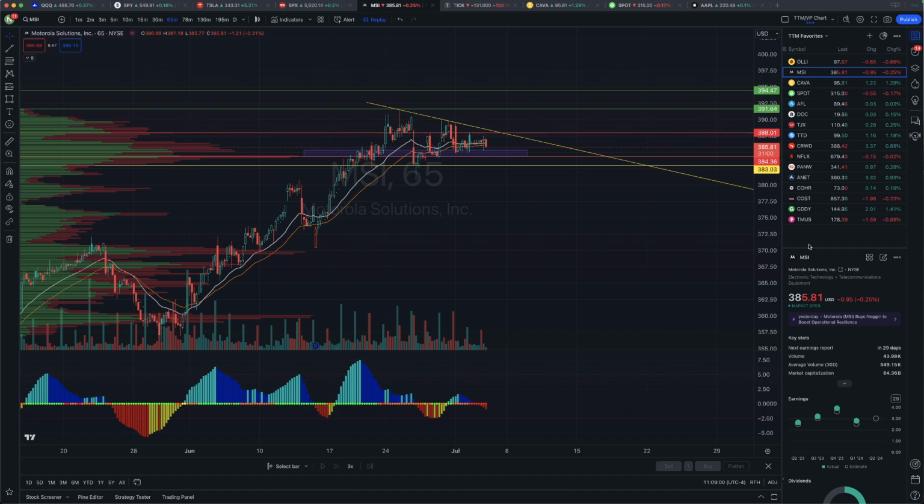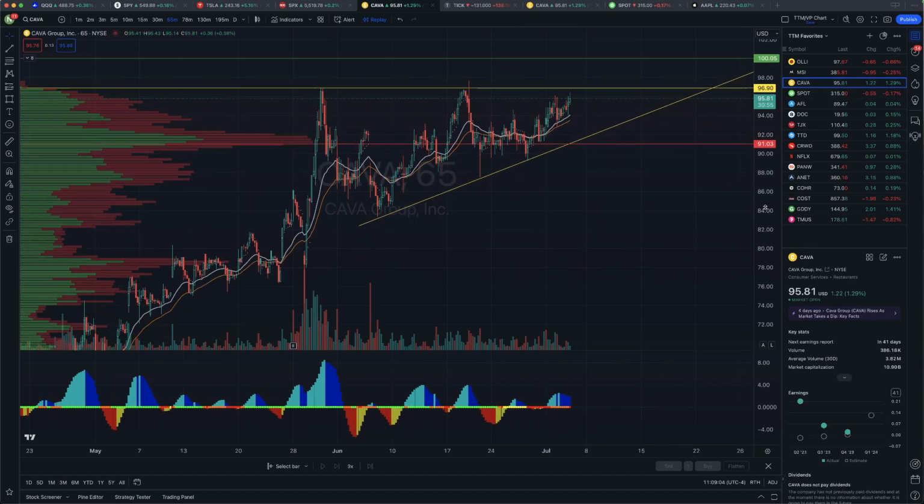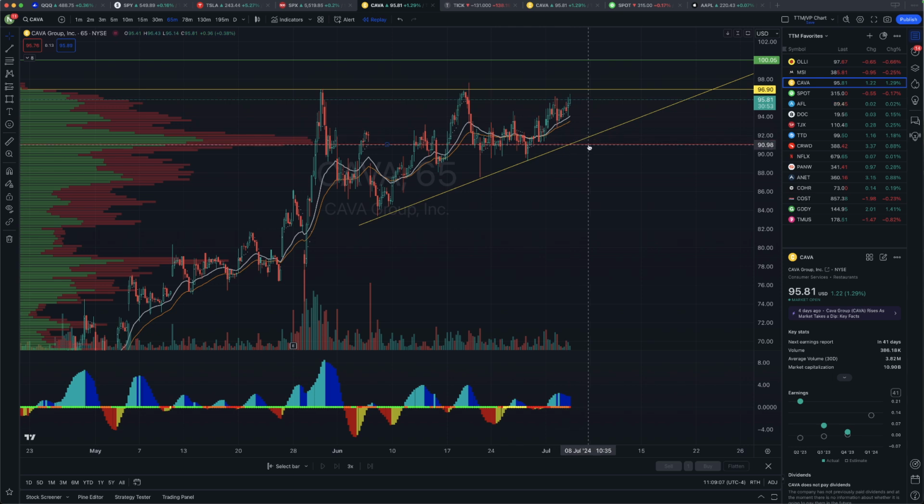So next one we all know is CAVA. We have a plan here on CAVA. I would like to pick CAVA up off of this, basically this 91 level, or somewhere along this ascending triangle trend line right here, right? So